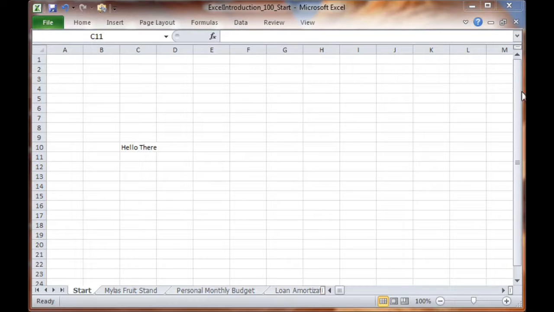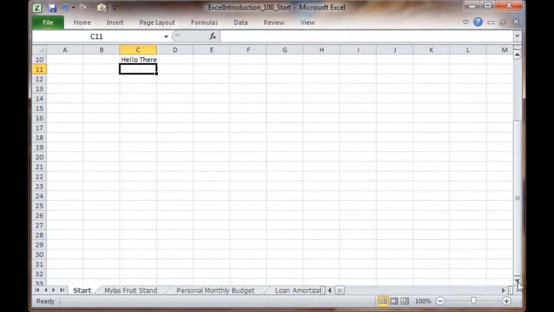The first thing we're going to look at here is on the right side. It's a vertical scroll bar. Works like any other scroll bar in another program. You have these little arrows at the bottom and top. If we click down, we can scroll down and start seeing the rows below where we are. So we could type some other text down here. Okay, and then we can scroll back up, or we can grab this box, which is known as the elevator,